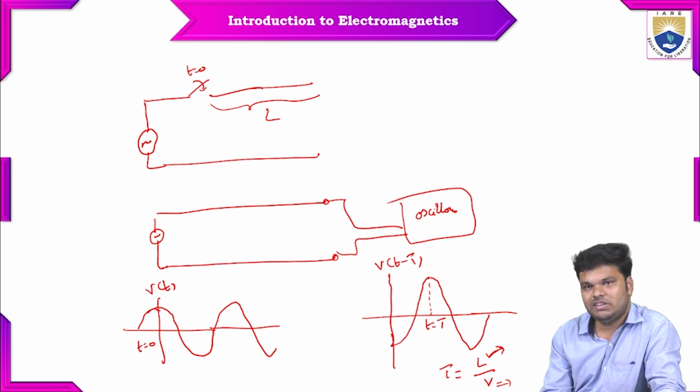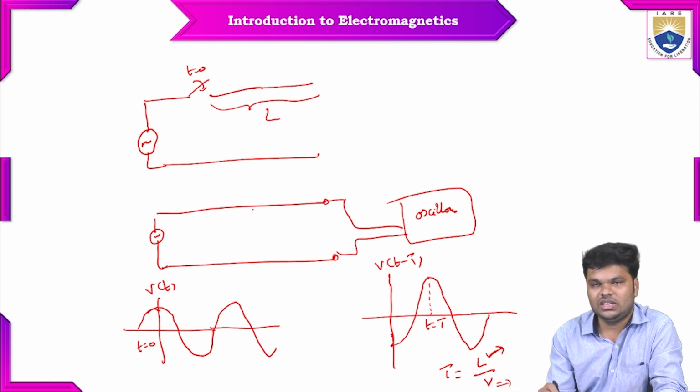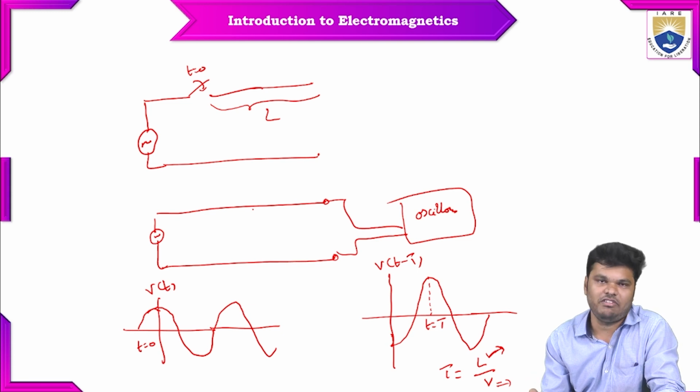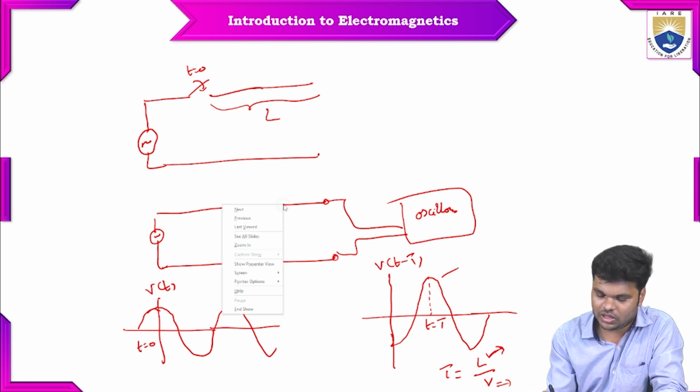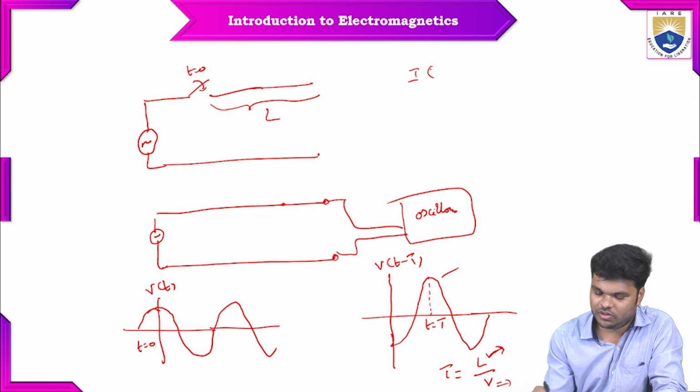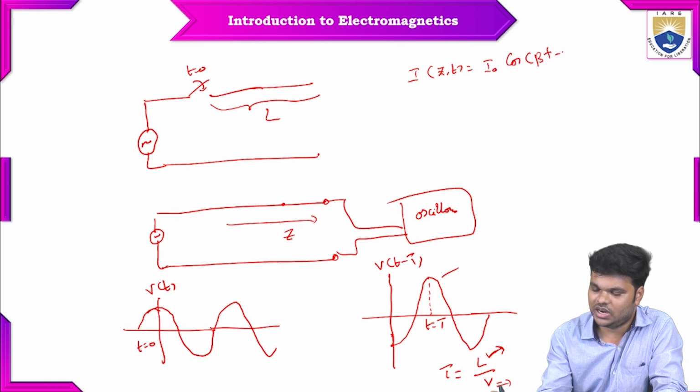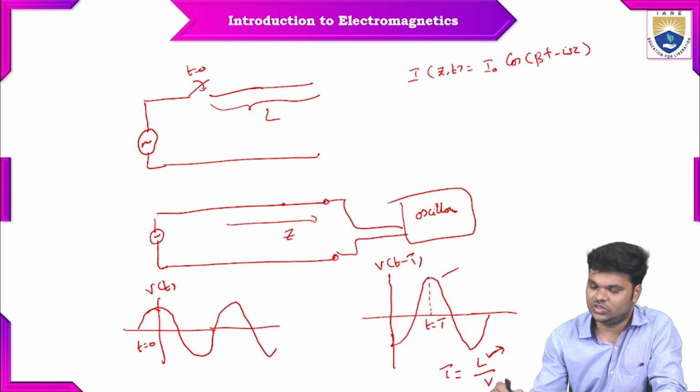So what we understand from this circuit is the voltages and currents at any point on the wire are not just scalar variables; they are rather waveforms. So what we have thought about voltages and currents from circuit theory, they are not actually scalar variables; they are waveforms. And if I want to know the current at this point, if I consider this is the z-axis, then I of z comma t is nothing but I naught cos of omega t minus beta z. So this is the delay